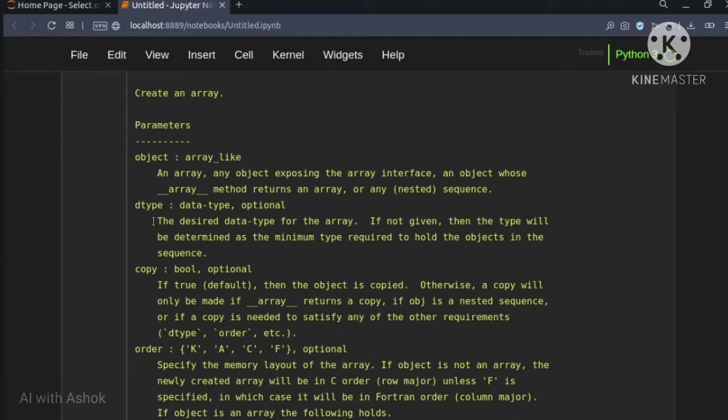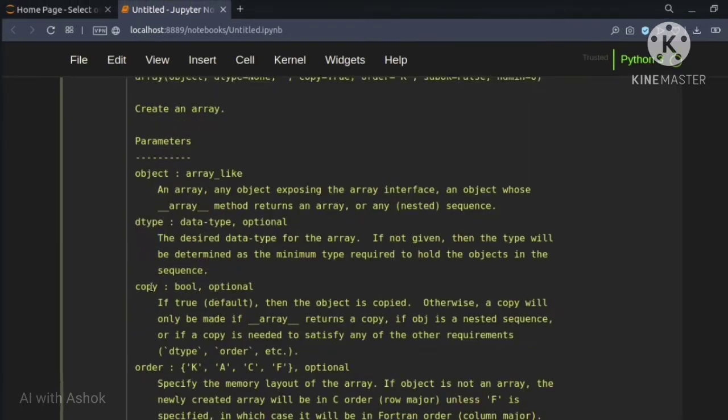These are the bit configurations of integers. Similarly, this is also available for float: np.float32. These are the frequently used data types, and we also have complex numbers. We can also use complex numbers here in this data type. So let's see that later in this video.